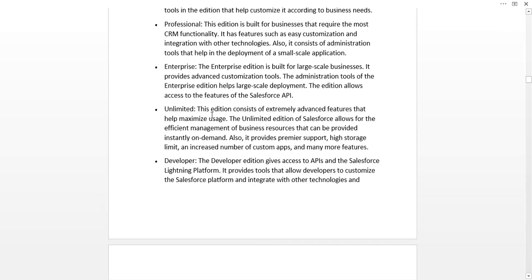Next, unlimited. The edition has the concept of extremely advanced features that help the maximum users. The unlimited edition of Salesforce allows for the efficient management of business resources that can be provided instantly on demand. Also, it provides premier support, high storage limits, an increased number of custom apps